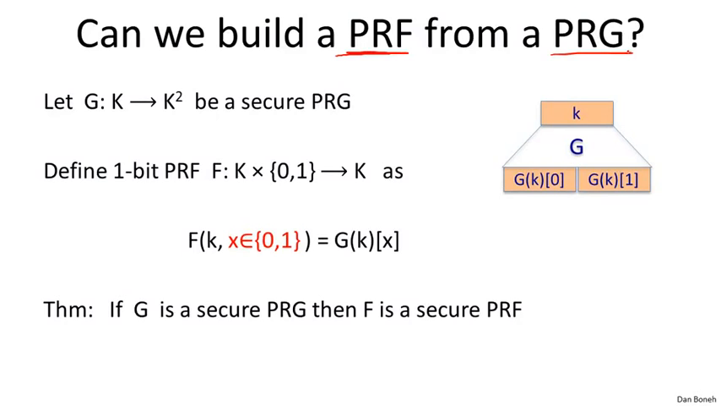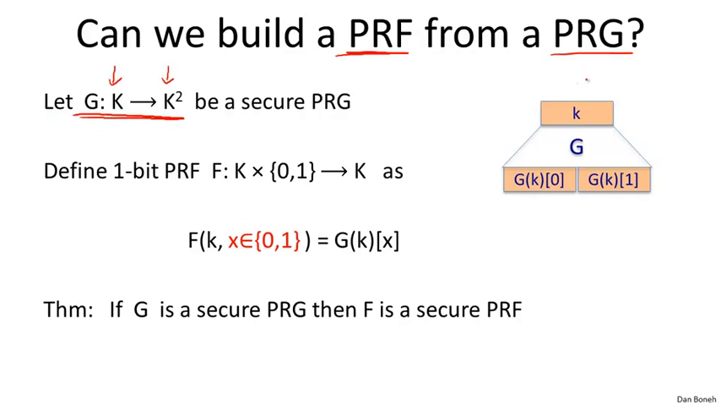Our ultimate goal, though, is to build a block cipher, which is a PRP. And we'll get to that at the end. Okay, for now we build a PRF. So let's start with a PRG that doubles its input. The seed for this PRG is an element in K, and the output is actually 2 elements in